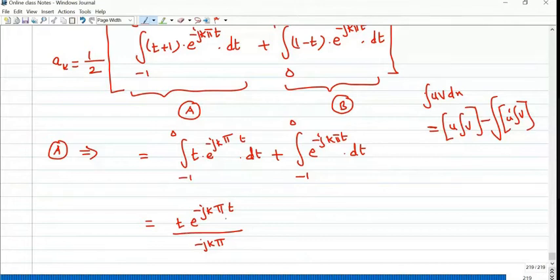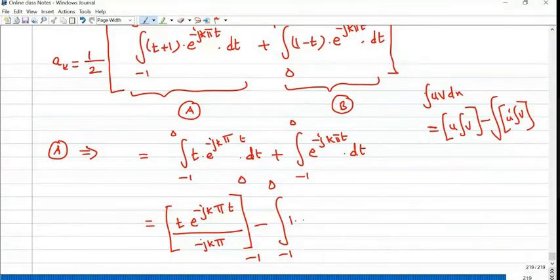Okay. So u integration v. Substitute the limit minus 1 to 0. And minus of integration minus 1 to 0 u dash differentiation with respect to t dt 1 integration e power minus jk pi. Yes,